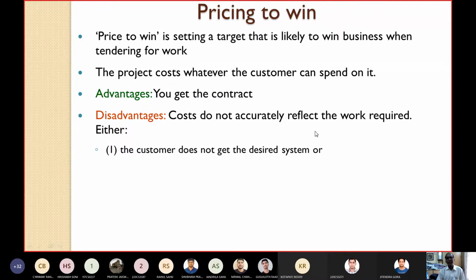So either the customer does not get the desired system, the quality system he wishes, or the customer overpays. For a very simple thing, you have charged a little high, and if he had gone to some other vendor, he could have got it at a lower price. So either the customer does not get the desired system, or the customer overpays for the work done.